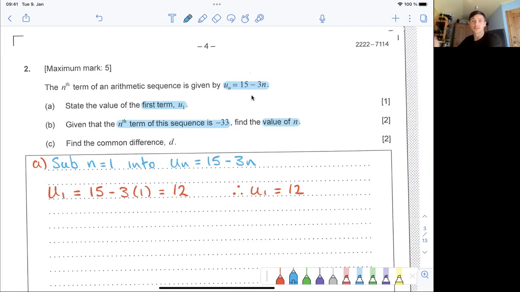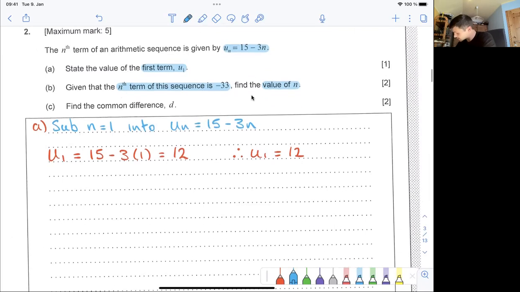So essentially doing the opposite to what we did in part A. We've been given the value of the nth term, and we've got to unravel it essentially. So what we're going to do is say let un equal negative 33 and rearrange